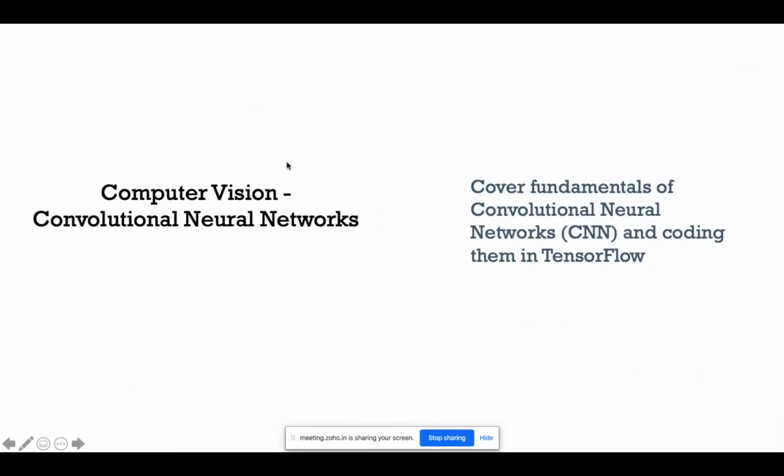Now we are talking about convolutional neural networks.